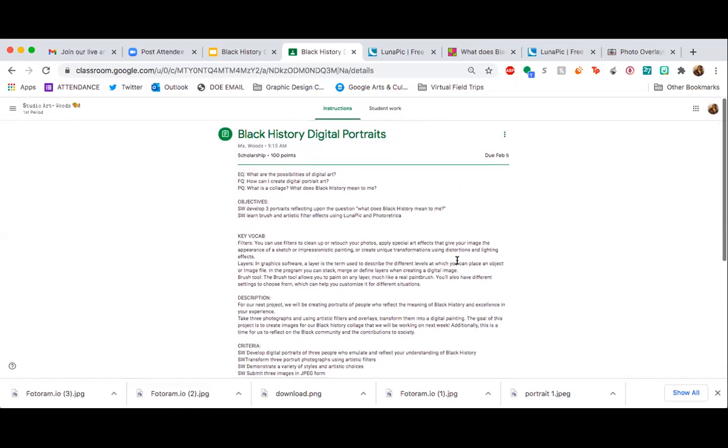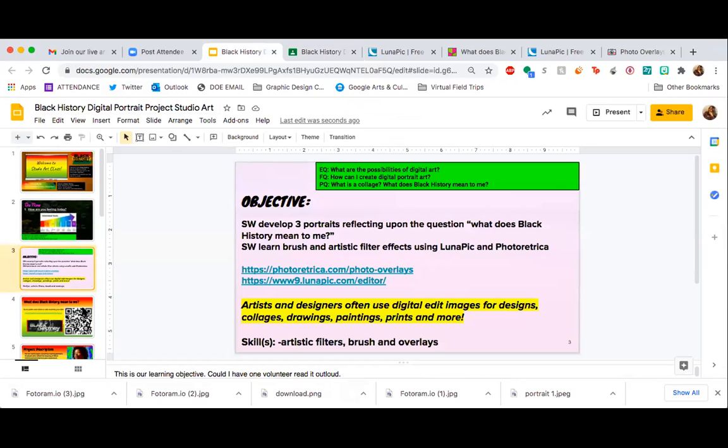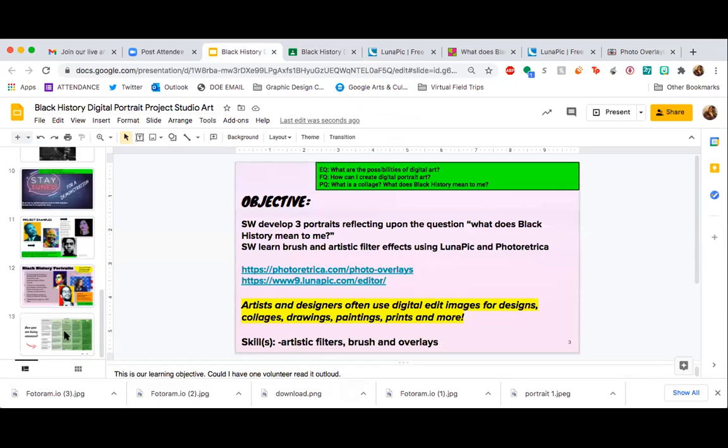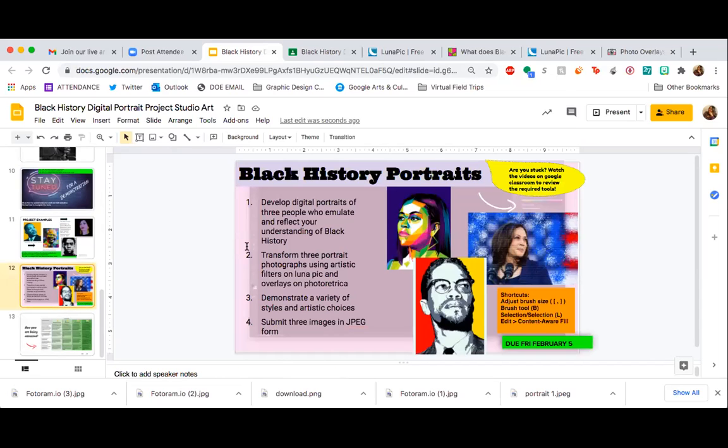Okay. Does anyone have any ideas of what they'd like to do? Yeah. Who would you like to do for yours? Okay, I don't know what I'm gonna do for the other ones, but I want to do Martin Luther King for the first one. Okay, cool. I forgot what job it was, but when you were choosing the effects, I saw one that I really liked, and I already know which effect I'm gonna put on him.